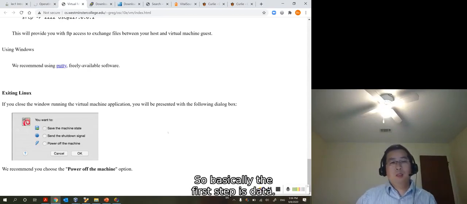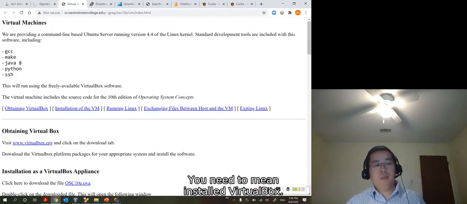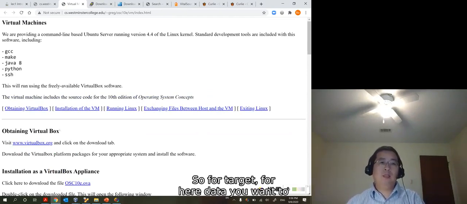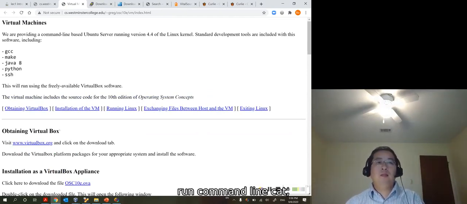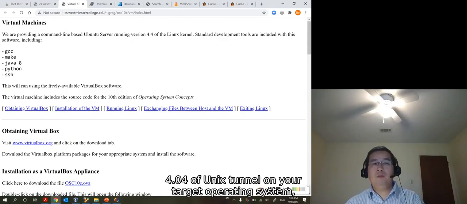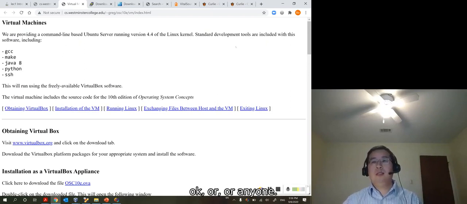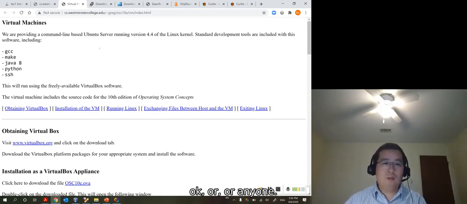Basically the first step is that you need to install VirtualBox, so that you can run a command-line based Ubuntu server running version 4.4 of the Linux kernel on your target operating system, whether it's Windows or Mac, or anyone.